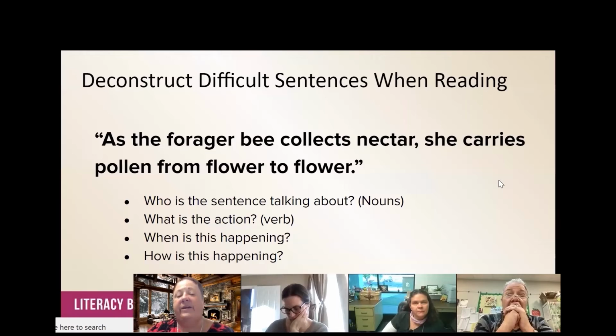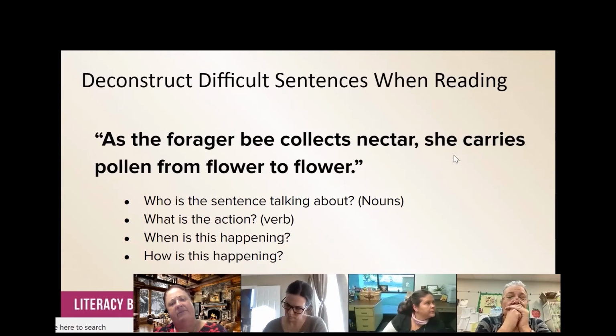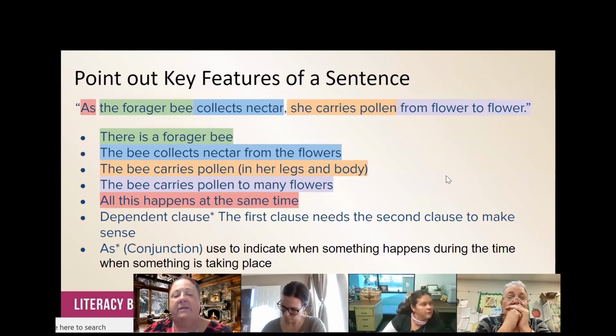We can also do think alouds. And we can do this in any grade. So I'm reading this text and something that I'm reading with students, and I pause and stop and say, okay, who is this sentence talking about, right? Who is the action? So we can do it during think alouds as well. The more that we do, and not overkill, guys, like one or two sentences, a text, like this is not 20 minutes. This is like a couple minutes where we talk about it, but really, again, dissecting the sentence